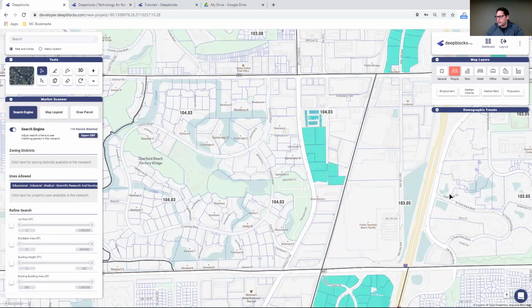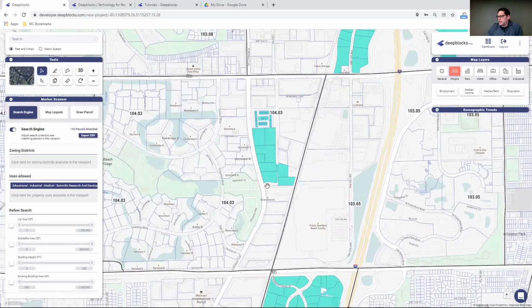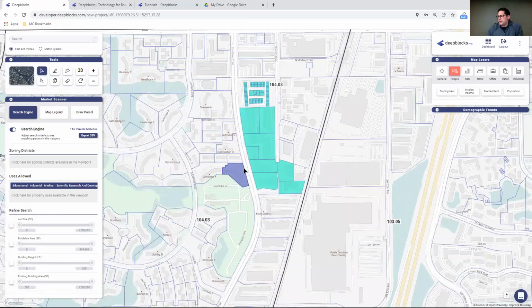Here we go. So we have about 116. So let's focus on this industrial for the moment, as we have 116 parcels matching in this particular part of Deerfield Beach. As I mentioned, it's a little bit of a lower employment percentage. So this could be a good possible opportunity to develop.